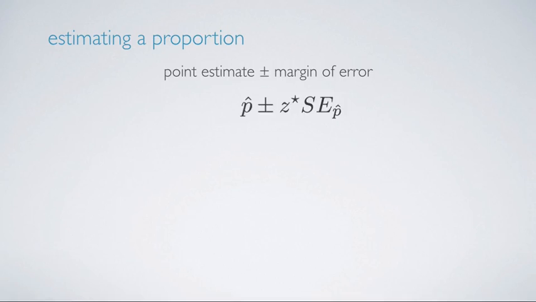When it comes to estimation of an unknown population parameter, we know that it always follows the same structure: the point estimate plus or minus a margin of error. In this case, our point estimate is our sample proportion p hat, and our margin of error can be calculated as z star, our critical value, times the standard error of p hat. So once again, the only new concept here is going to be how to calculate the standard error for the sample proportion. And in fact, we were already introduced to this when we talked about the central limit theorem for